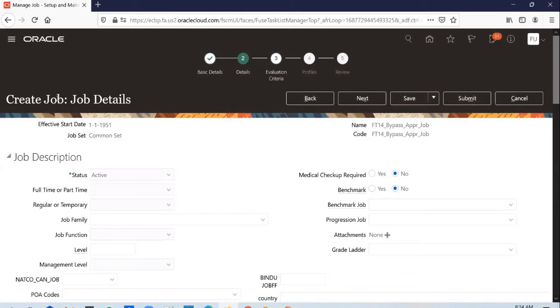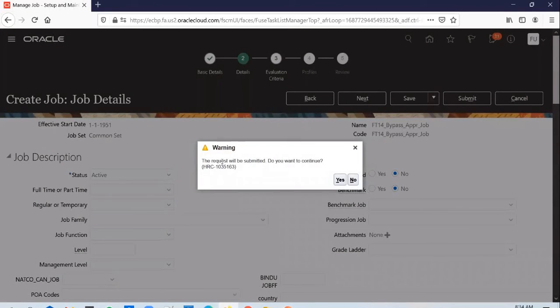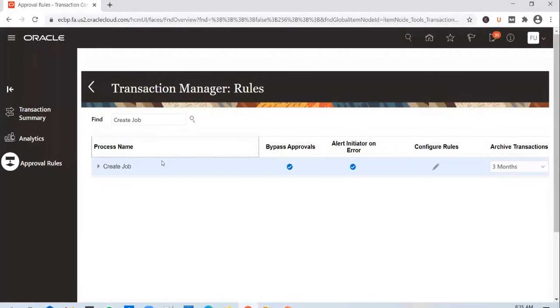So you can pick up create job or create grade or create some other process as an example while you're practicing it. And when you submit it, what actually happens is, so when the user is submitting it, what is being submitted? A job will not be inserted into base table. Instead, a request will be submitted, and that request is to create this particular job, the bypass approval job. And the moment you submit a request, the application will go into this particular screen and it knows that a job is being created.